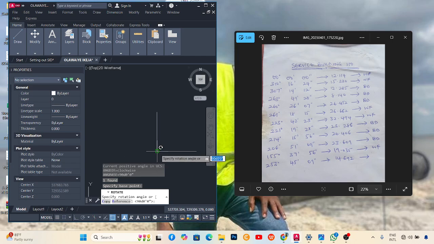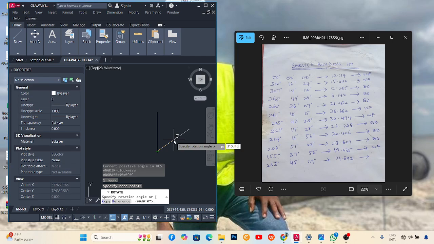Once you've clicked one point like that, we're going to plot the next one because we already have this 00. We'll leave that first. That is the last one that I'll be doing. So you move to the next one, which is 310. You type the degree first, compared to the plotting with bearing and distance that we did the other time, where we used distance less than bearing. This one, you have to start with the bearing first. So we have 310 degrees,